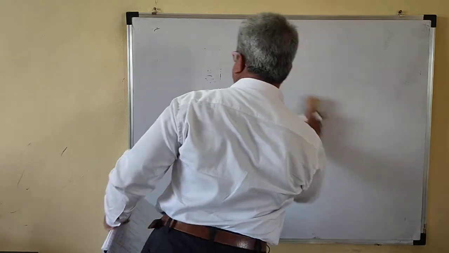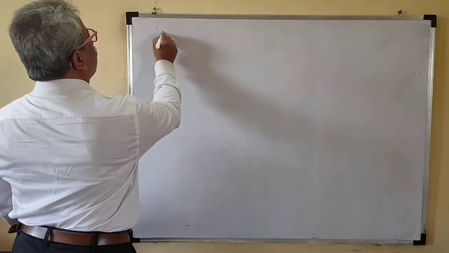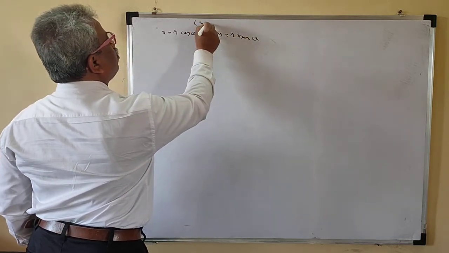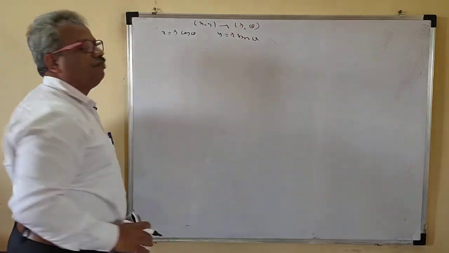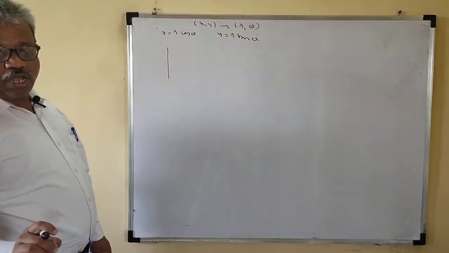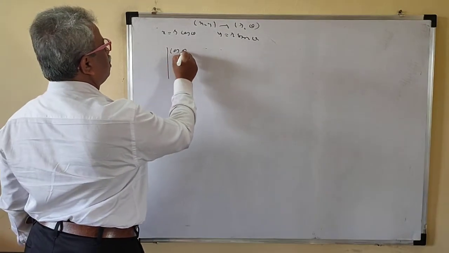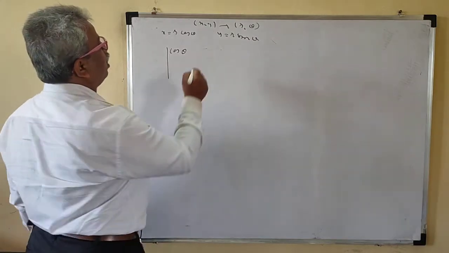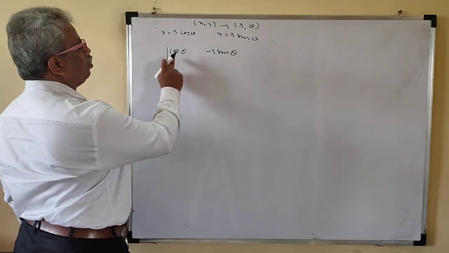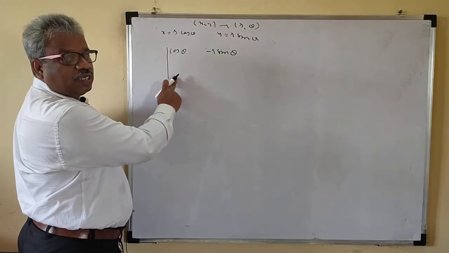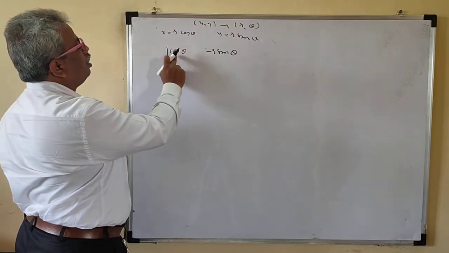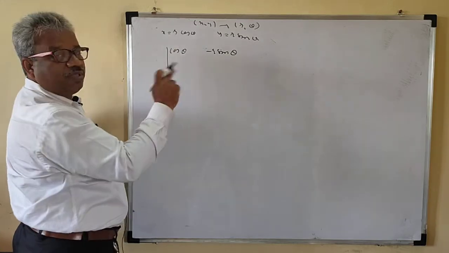Okay. Now suppose we have x is equal to r cos theta, y is equal to r sin theta. That means your x and y are transformed to r theta. Now here, dou x by dou r is cos theta, then dou x by dou theta is minus r sin theta. Now dou y by dou r. Here we are differentiating with respect to r, so we differentiate y with respect to r here only.